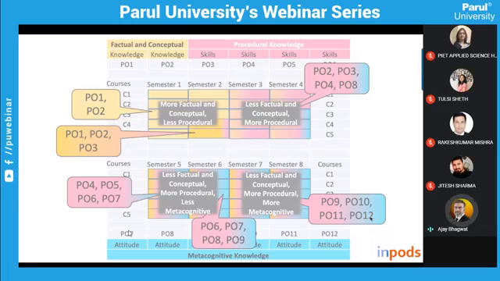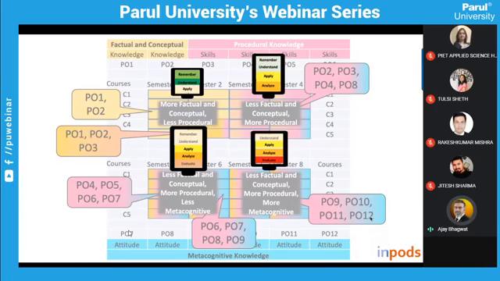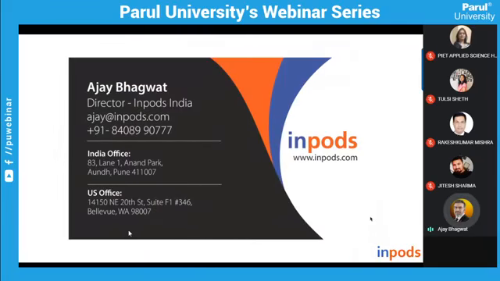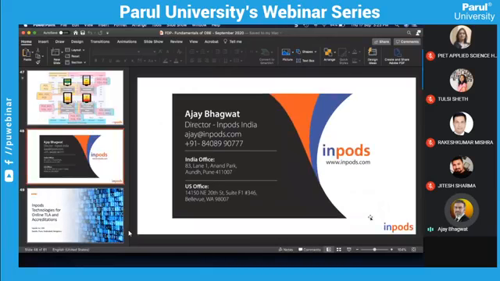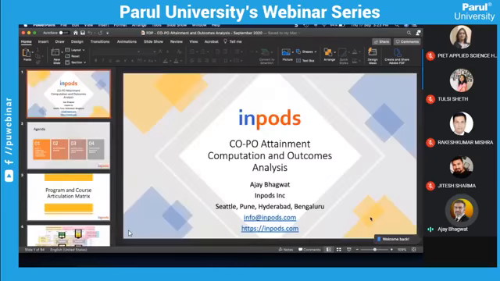This kind of model gives you a fair idea about how to frame the questions and what should be the distribution or the percentage of the questions to be asked for each level of the cognitive process. And this particular mapping can give you that idea very comprehensively and correctly. So this is what we discussed last time. Now before going ahead, I would like to ask whether there are any questions to be addressed by me before we go on to the next topic of the day.